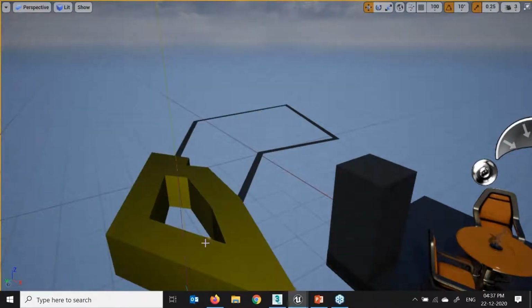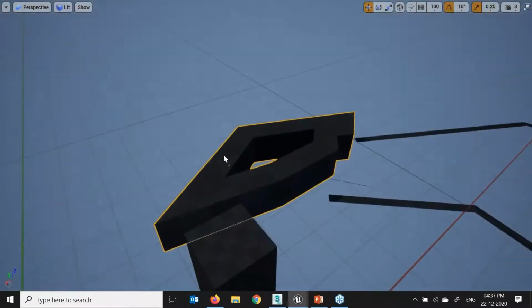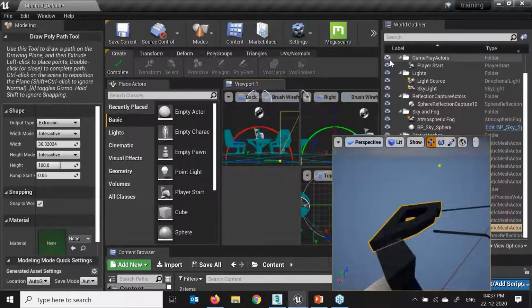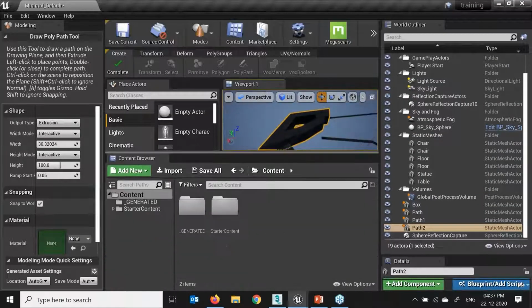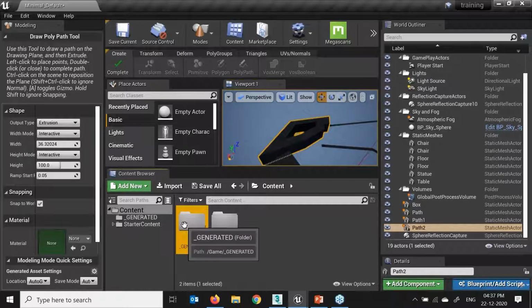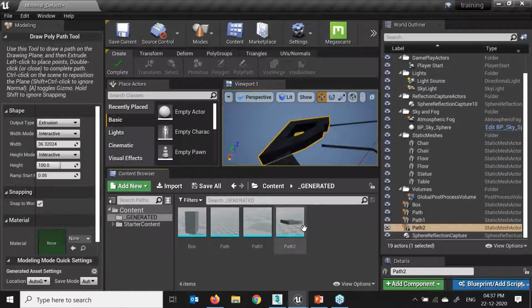Here we can do snap to grid is on, just reduce it. Whichever object I've created, it will automatically be added into my generated content. If you see this, no need to save, it automatically will come into my content.